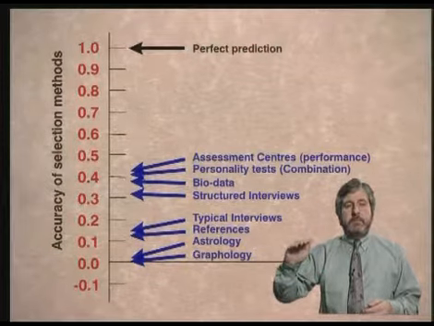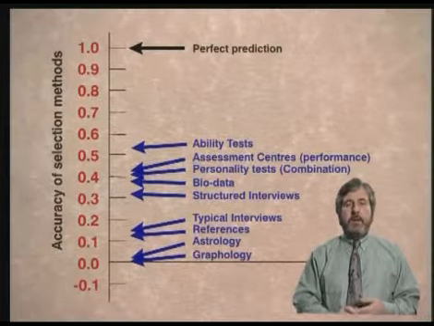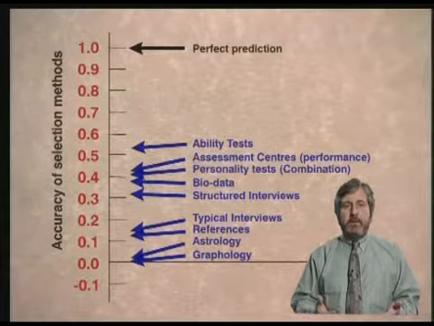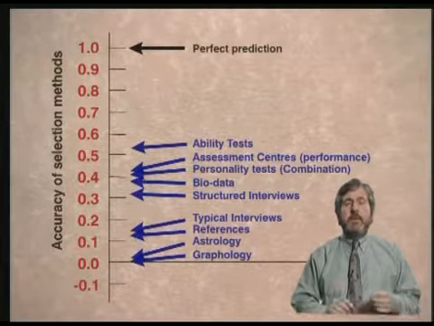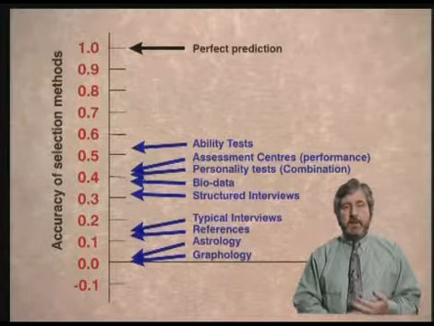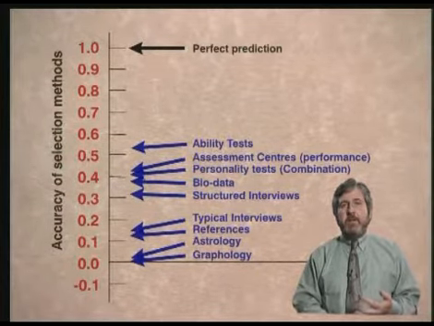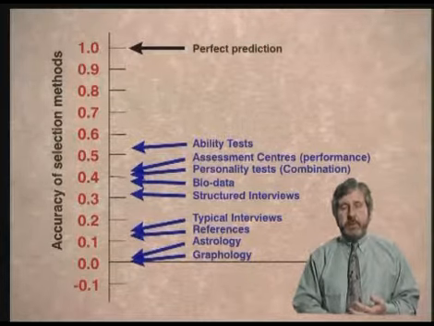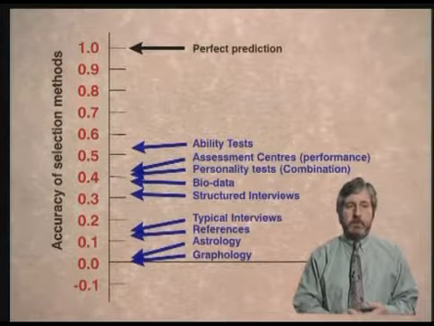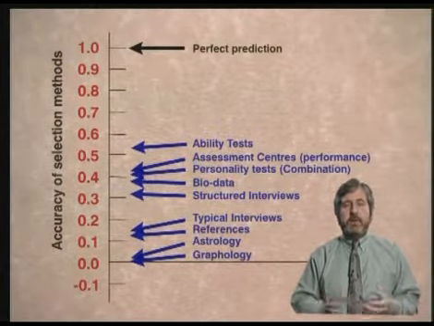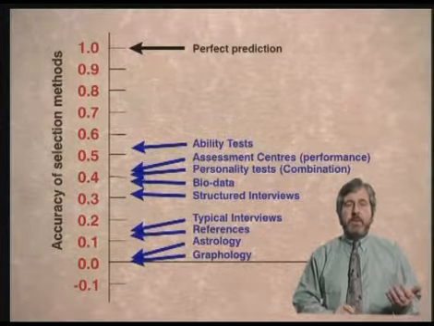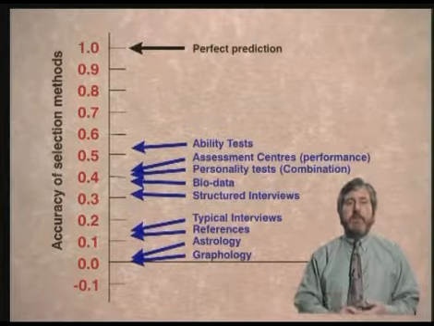Next up the scale of prediction of behaviour are ability tests, measures of numeracy, language, and other sorts of intellectual capability. Now, these are powerful predictors of work performance where they are relevant, and I would argue they're probably relevant mostly in areas where you don't have much evidence of educational attainment from the candidate or evidence of work experience because they haven't perhaps been employed before. However, once somebody has 5 or 7 years of work experience, the discriminability, the capability of these measures to validly discriminate between people, I would argue, declines strongly.